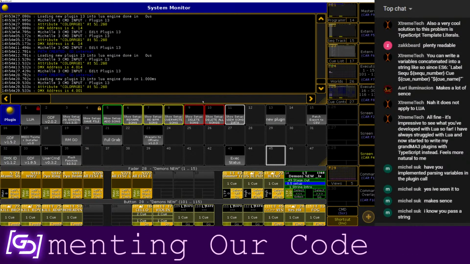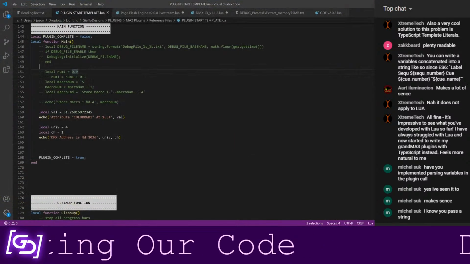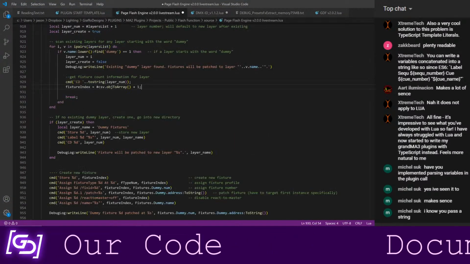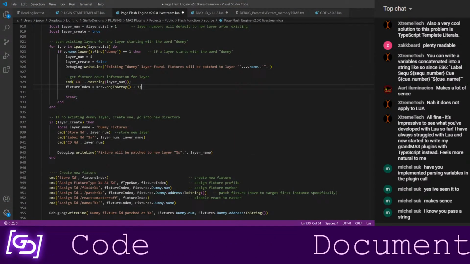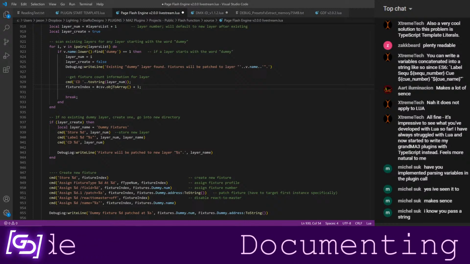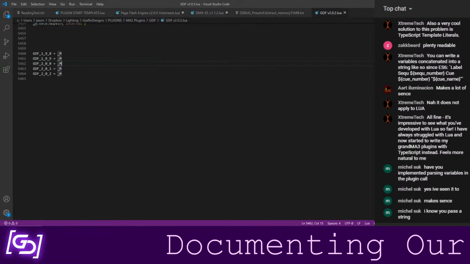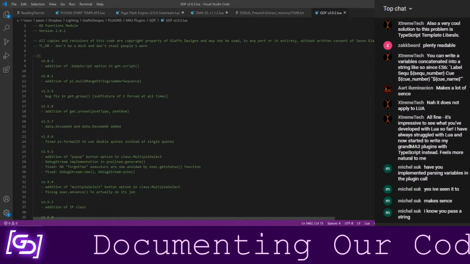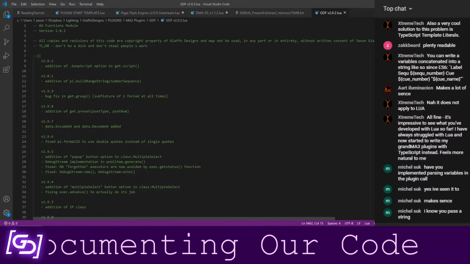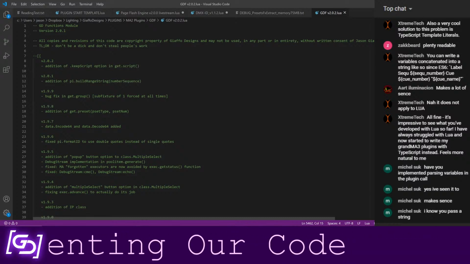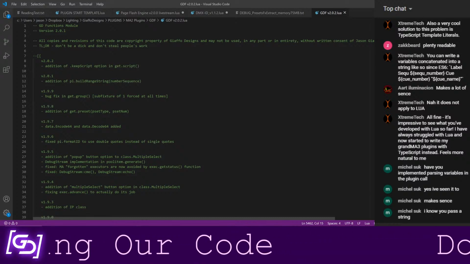Okay, functions, documenting your code. This is a thing that I wish I could say I've been better at myself. In more recent code I've been a lot better at actually documenting what I'm doing.